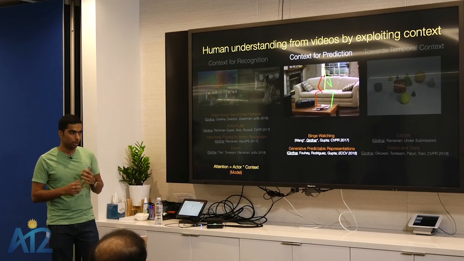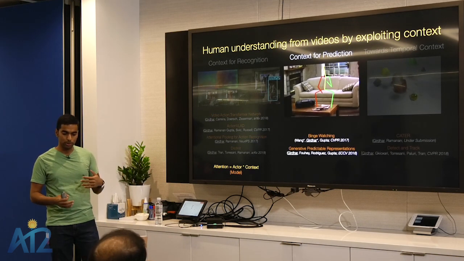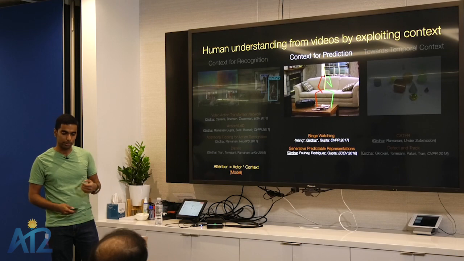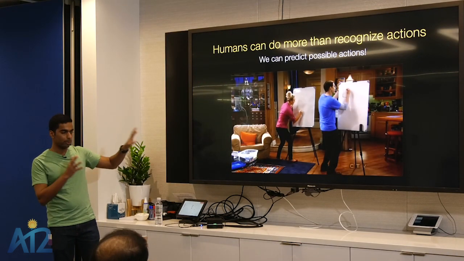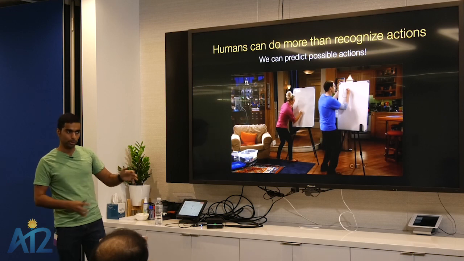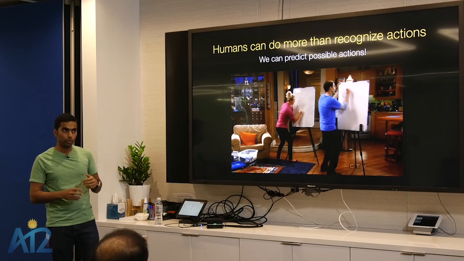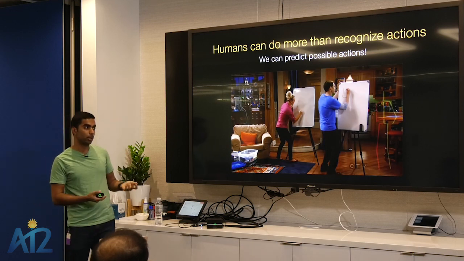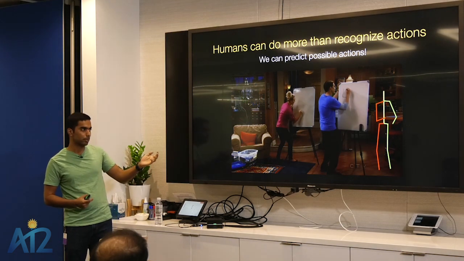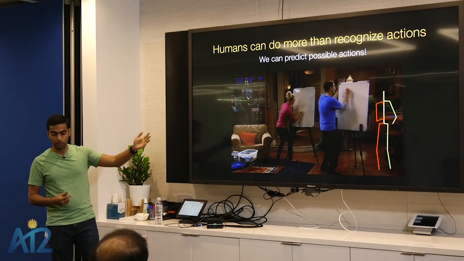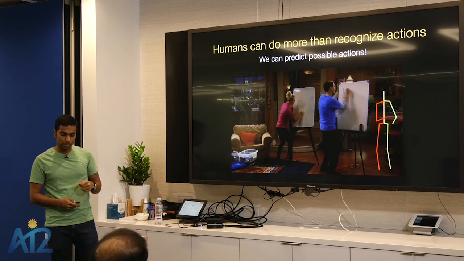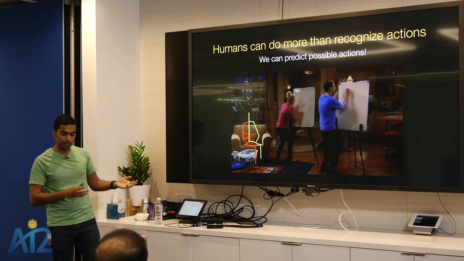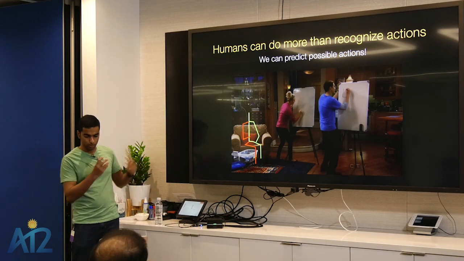Okay, so with that, I'll talk about the next part, which is trying to predict what can happen in a scene. The setup here is that we are given an image, and we are already pretty good at recognizing what people are doing, but we can do more than that. We can predict what somebody can do there. For example, somebody can possibly stand next to Sheldon because there's a floor there, so somebody can stand there. We can also predict somebody can sit in that sofa next to Penny.